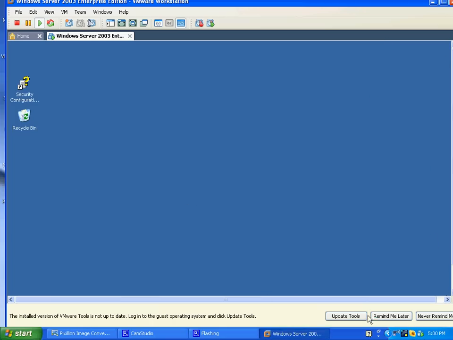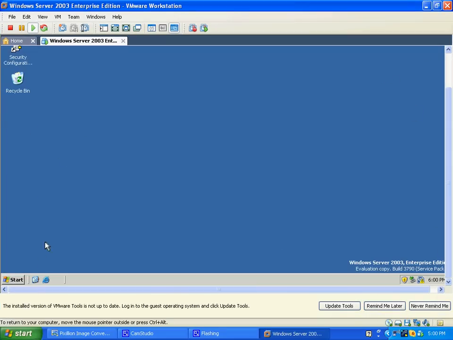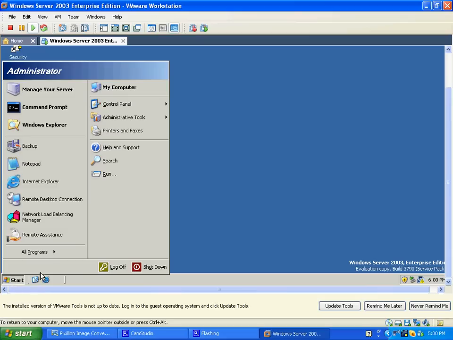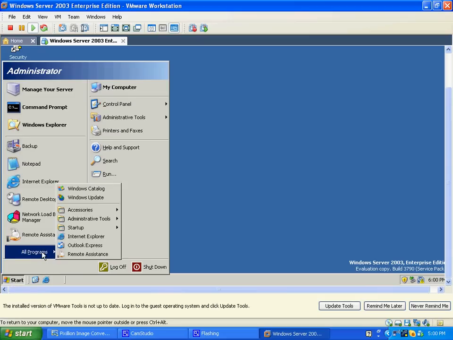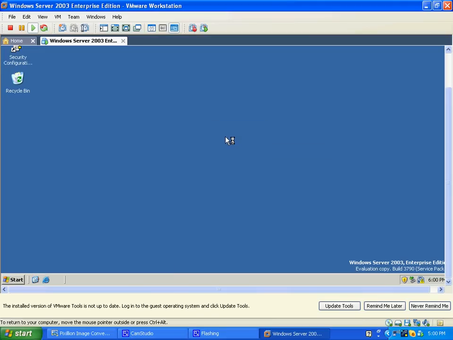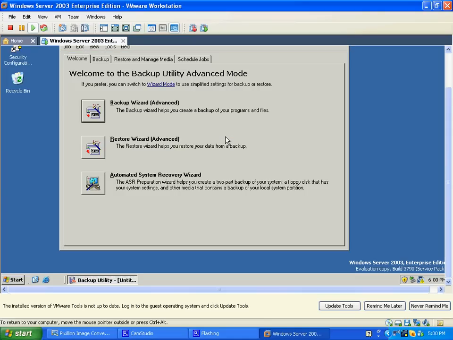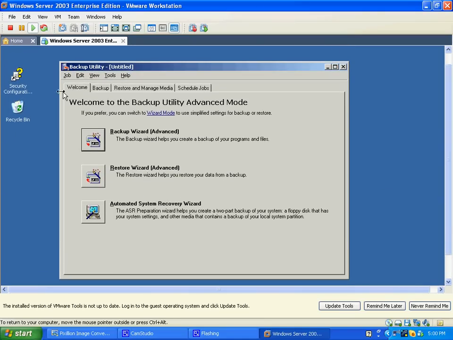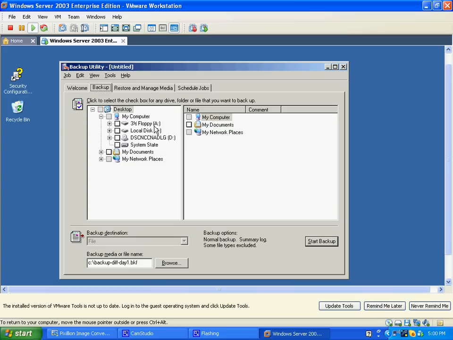Open my Windows Server 2003, there we go. Find the Start menu. All right, we need to open the Backup utility and then click the Backup tab. Programs, Accessories, System Tools, Backup. All right, here's my Backup utility. We'll open the Backup tab,